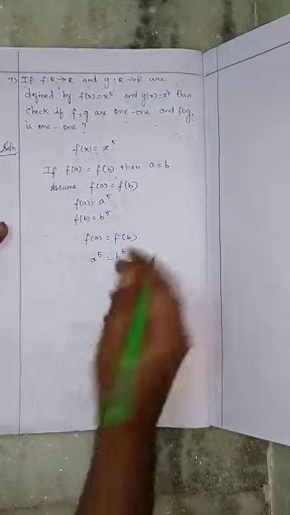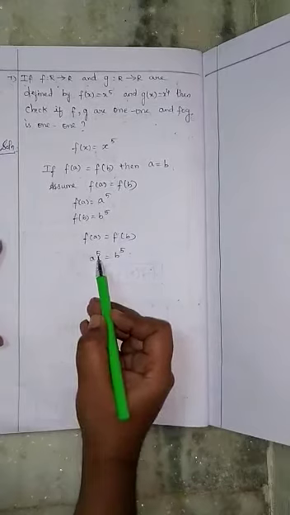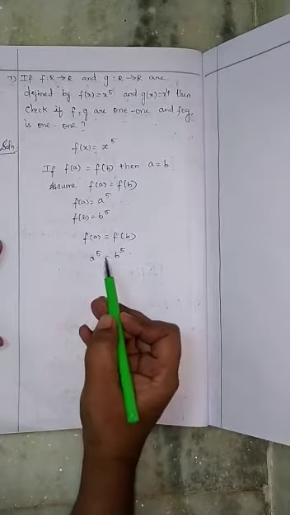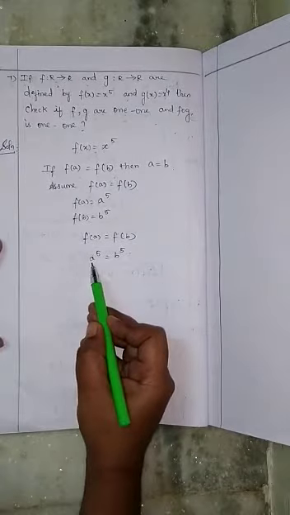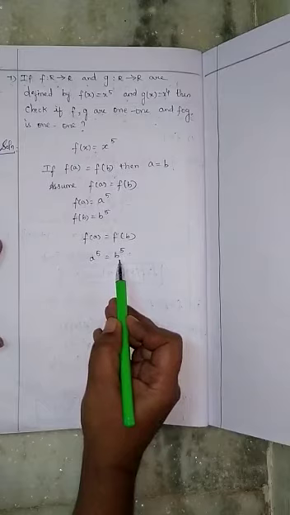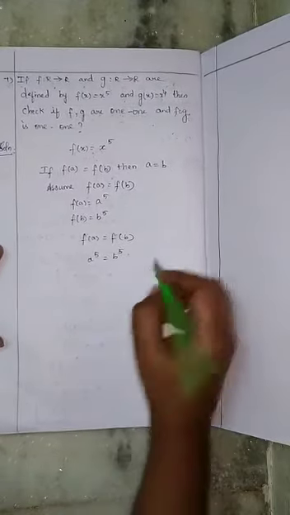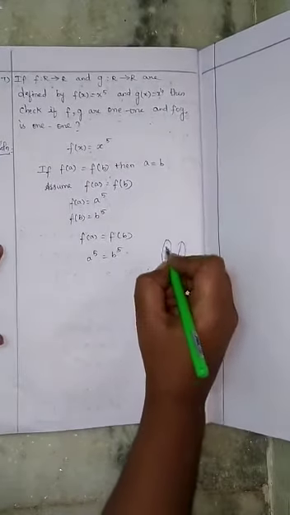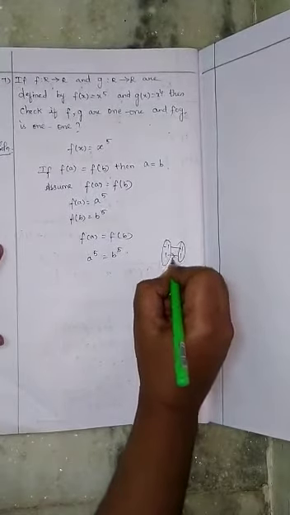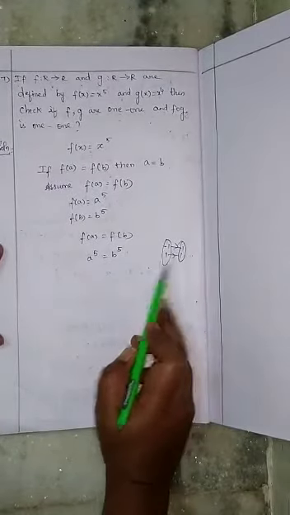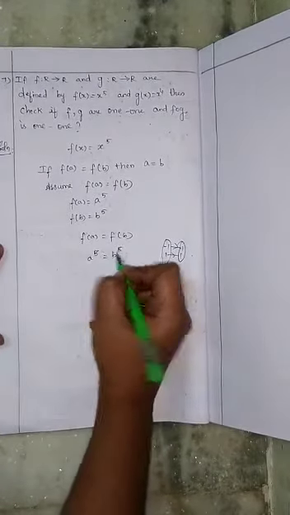b power 5. So if you are checking a 1 to 1 function, you have to see the powers. Is it odd power or even power? Odd power means surely it will be 1 to 1, because if you put 1 here, minus 1 here, you will get the answer minus 1. If you put plus 1 here, again you will get plus 1 only. So, for example, listen here, if you put minus 1, you will get minus 1. If you put plus 1, plus 1. So 1 is mapping with minus 1, plus 1, 2, 2, like that. So if you cancel this, it will be equal, right?